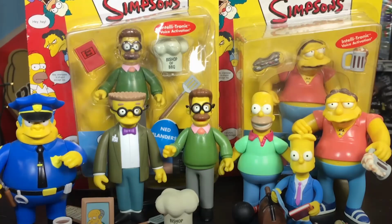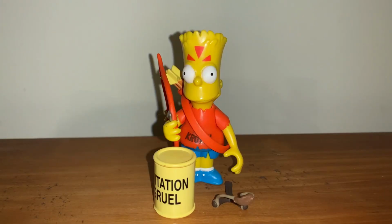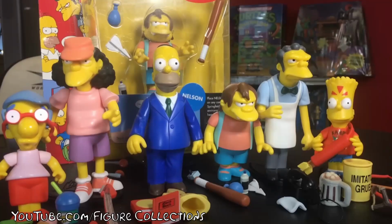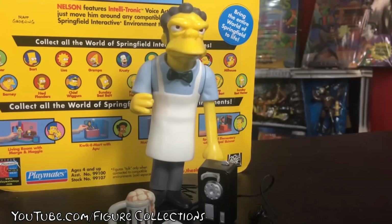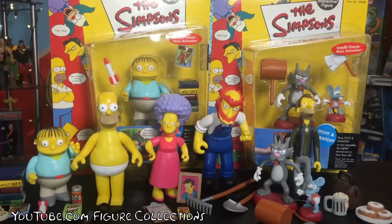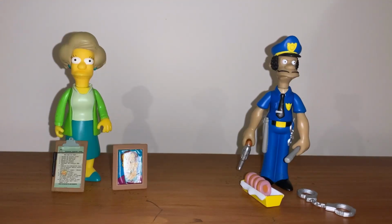Tragically, I skip over Series 2 entirely and I jump into Series 3. Here I have Homer in his Sunday Best, Camp Krusty Bart, and Nelson. Missing figures include Milhouse, Otto, and Moe, who are figures that I would have loved to have. We then skip past many waves unfortunately and we land on Series 7 with only 2 figures here, but it